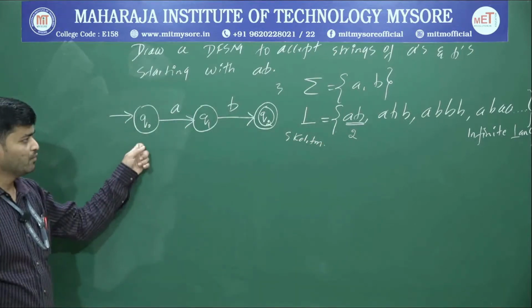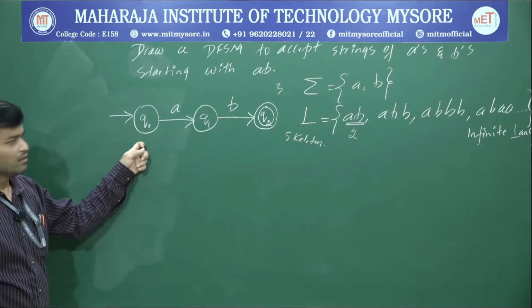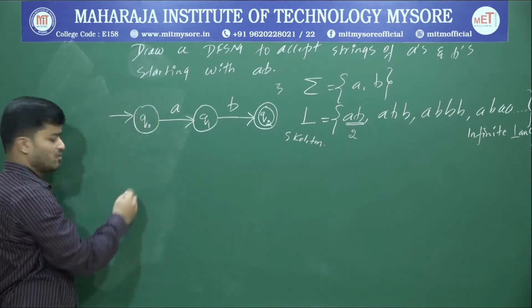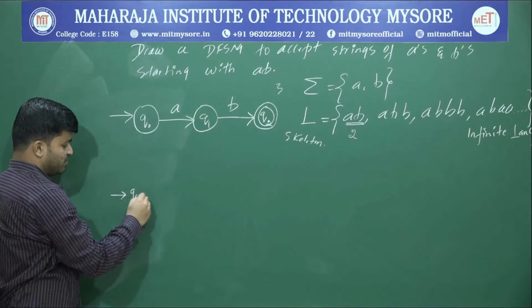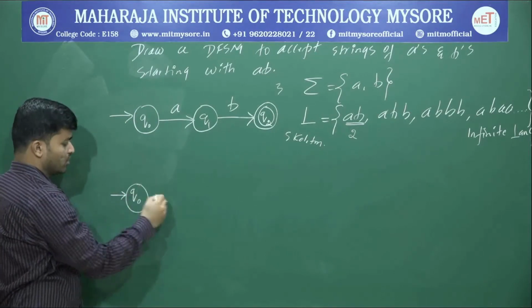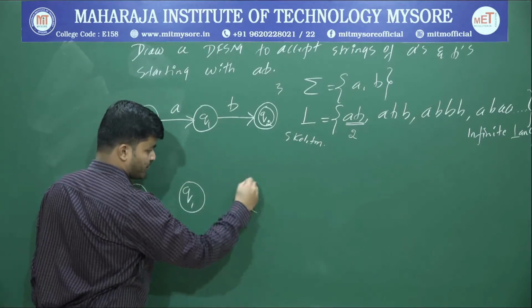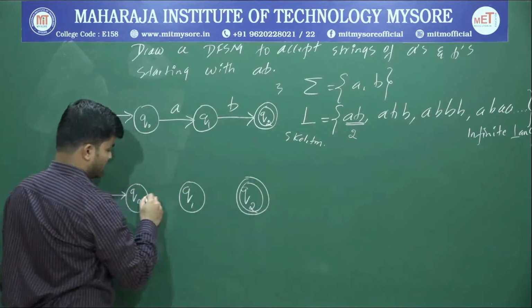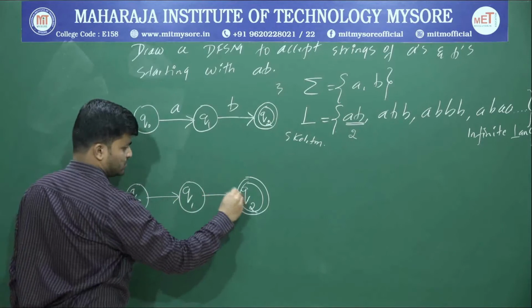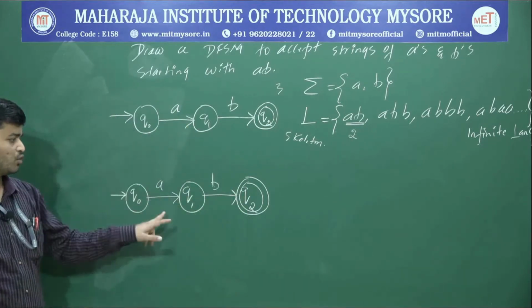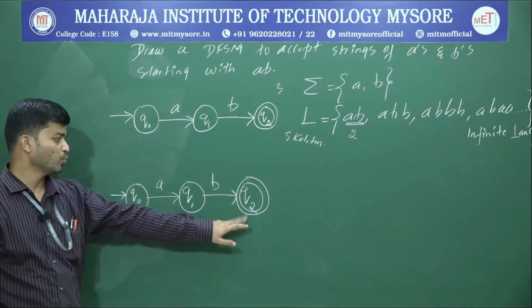Okay. Now I have to build the muscle. How to build the muscle? So you rewrite this one more time. If you want, you can write here itself, just for practice purposes. So Q0, Q1, Q2, and connect them with arrows. You rewrite the diagram as it is. So I wrote this diagram out one more time: Q0, Q1, and Q2.